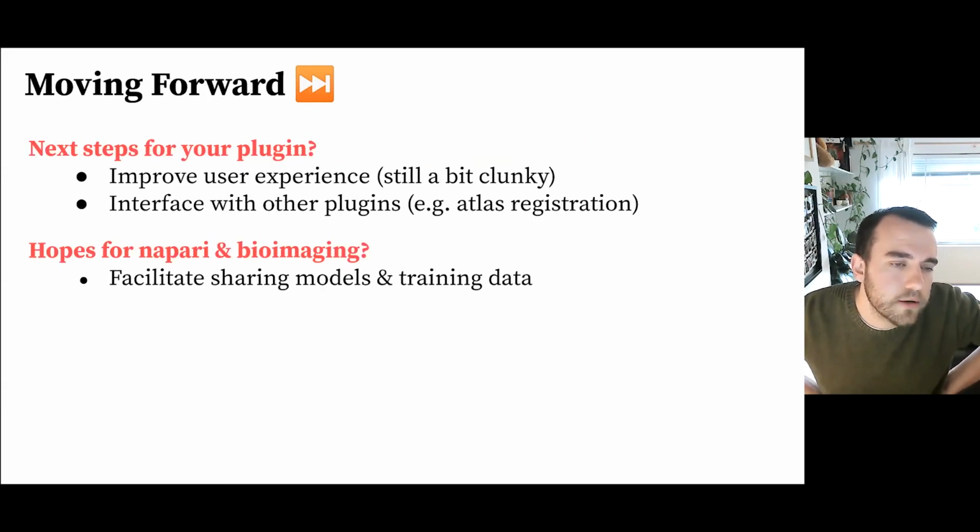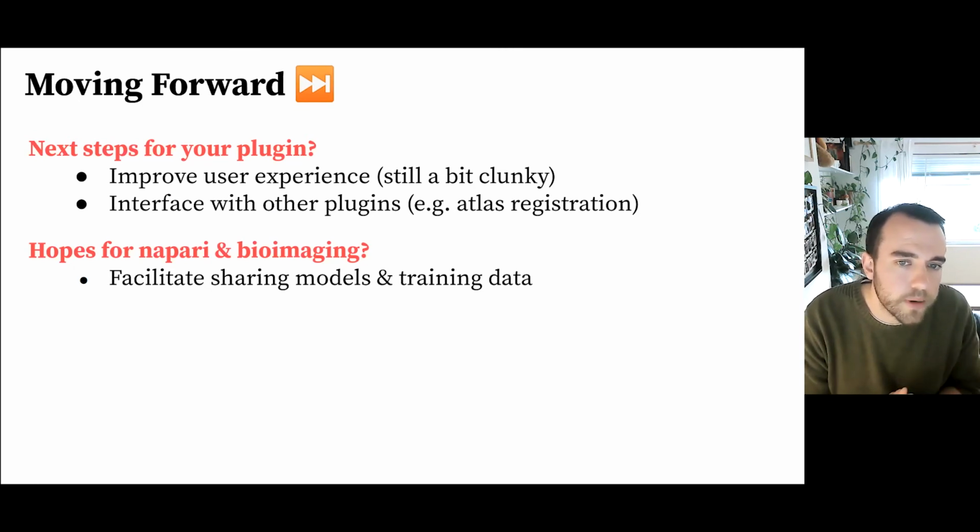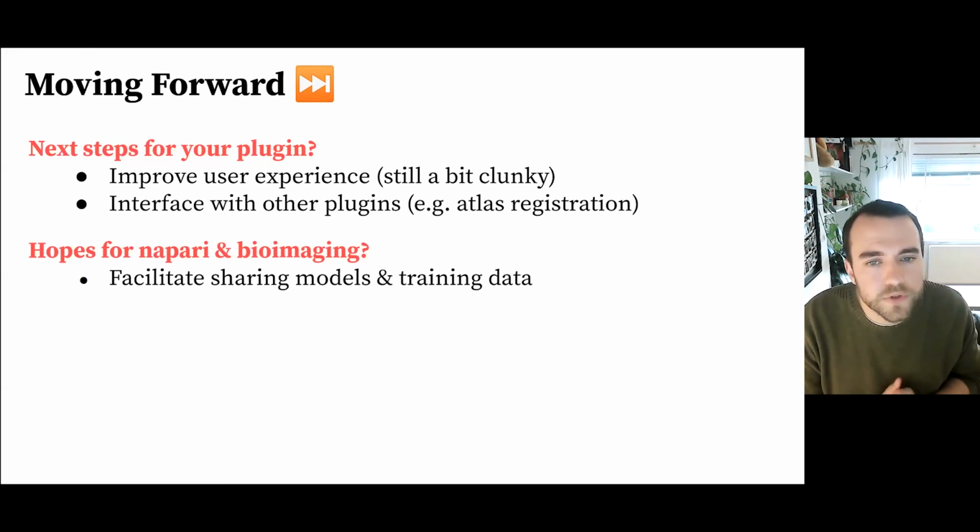So, next steps for the plugin. Definitely the user experience needs to be improved. It's a bit clunky at the moment. It's always going to be relatively slow, this software. I mean, it's quite quick that you can analyze a hundreds-of-gigabyte image in an hour or so, but that's still a long time for graphical software. So I need to improve, especially the feedback, so the user knows what's going on and doesn't just quit Napari thinking it's all crashed. And also improve the flow between the different parts of the software.